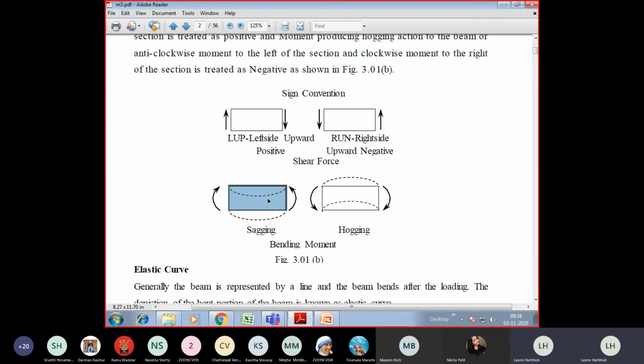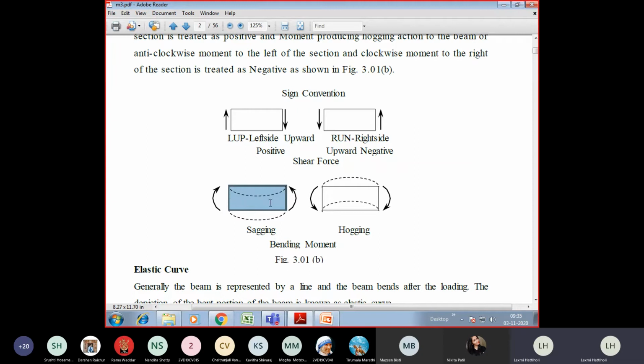Now, when you apply the load, it may be a UDL or a concentrated load or anything. When you apply the load, the beam bends, and the deformation of the beam is in this way. Observe this carefully. It is somewhat like a convex type. Do you know the meaning of convex and concave lens? Have you studied convexity and concavity, these different types of lenses, in your PUC, if you remember? So if you think in that way, this upward form is a convex type, is it not?